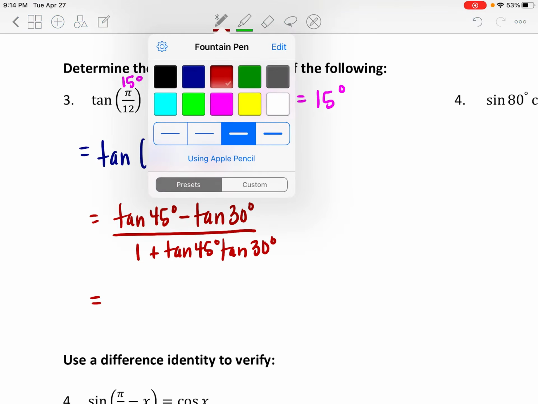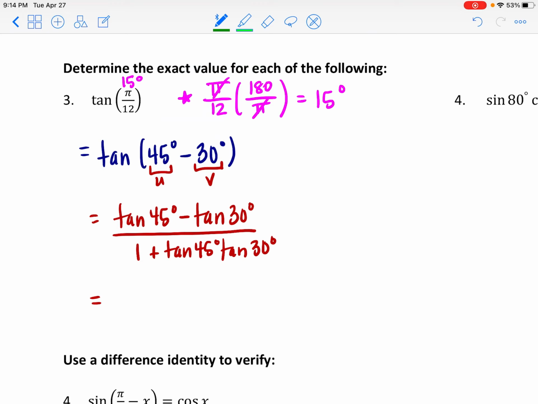We'll go to the unit circle. At 45 degrees, our coordinates are radical 2 over 2 and radical 2 over 2. So when we go to find the tangent, remember that's sine over cosine. So if I divide the y by the x, I'm going to end up with 1. So tangent of 45 is going to be 1. And then the tangent of 30,